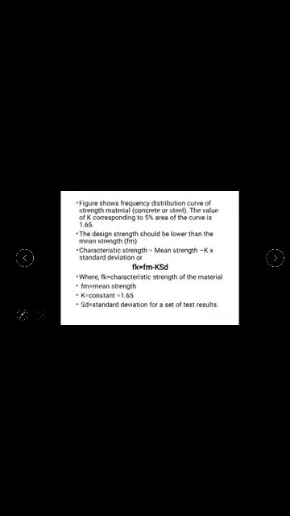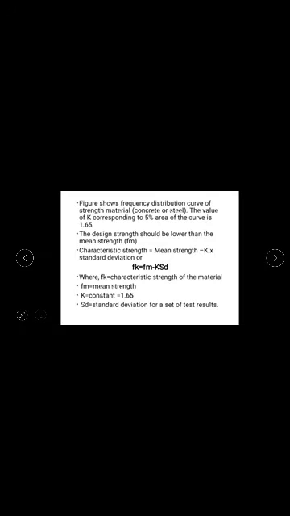So this is a normal distribution curve or Gaussian probability curve which defines the characteristic strength or the characteristic load, or whatever load and strength terms we will be using in the limit state method. Because in the limit state method, the strength parameter and the load parameters both are variables. Now moving on, the strength must be reduced. The design strength or the characteristic strength is reduced from the mean strength. You have to take the strength to a lesser value. You have to decrease the strength.